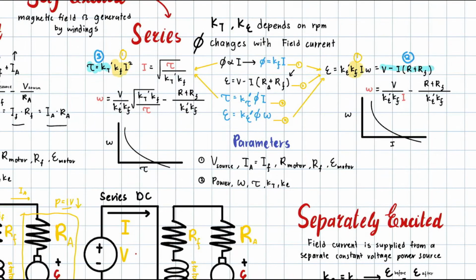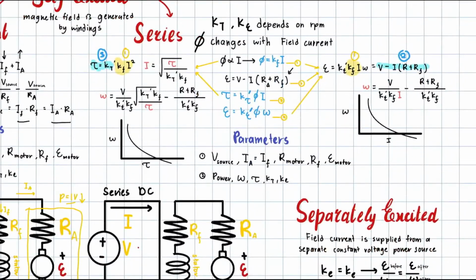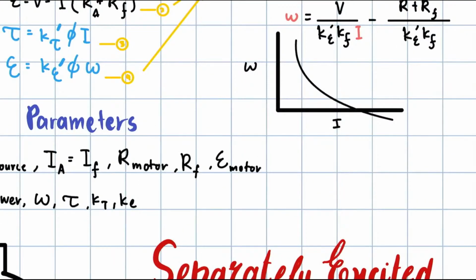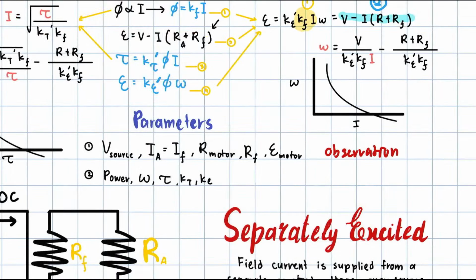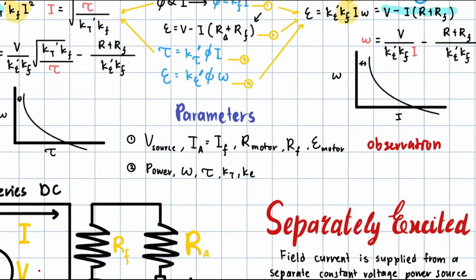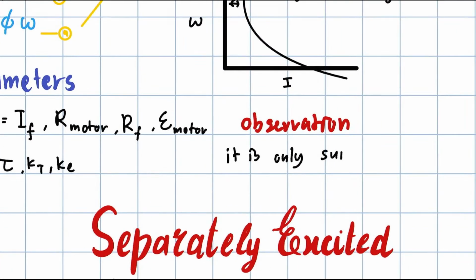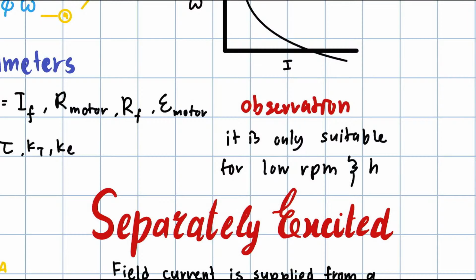So okay, it's a bit long. Oh, this DC motor really is long. Okay, so observation. As you can see here, they don't touch. So what does that mean? It means that it is only suitable for low RPM and high torque,